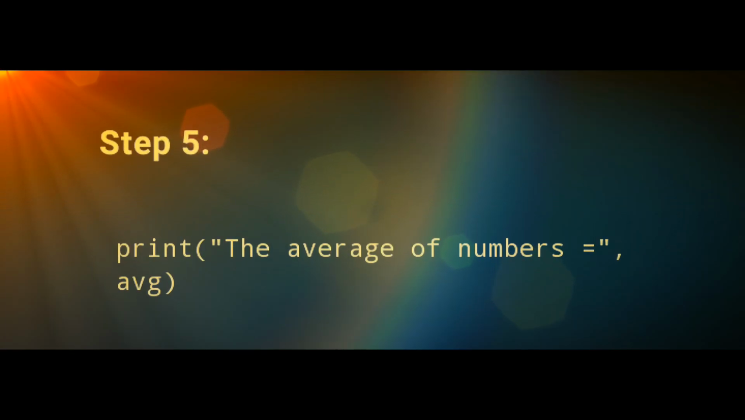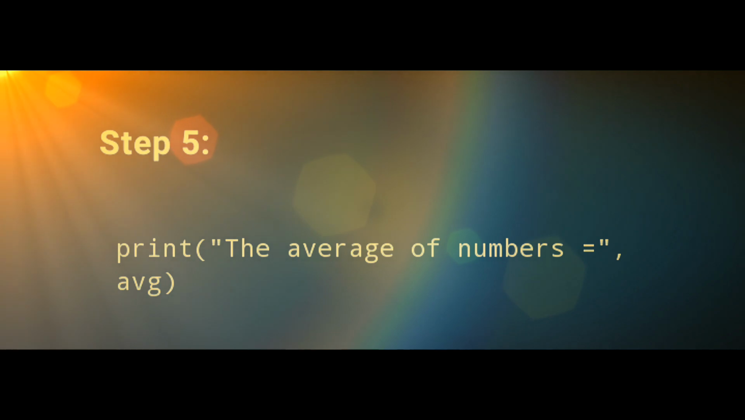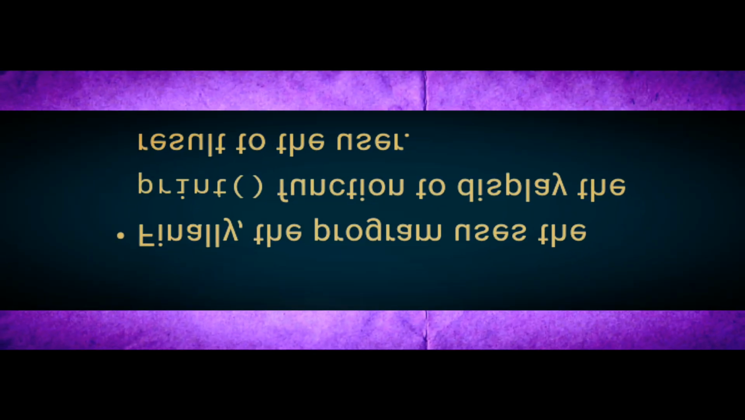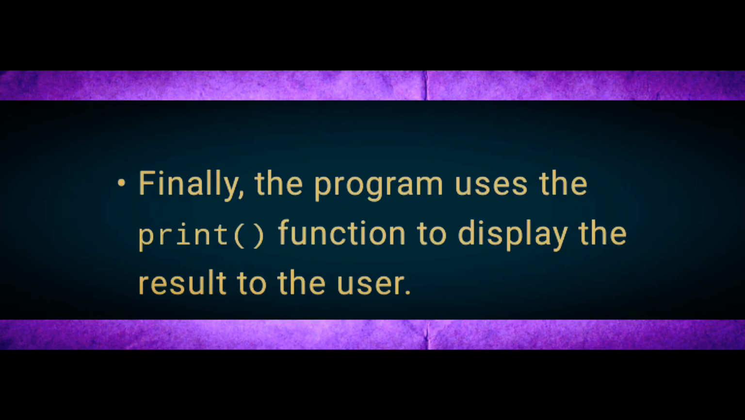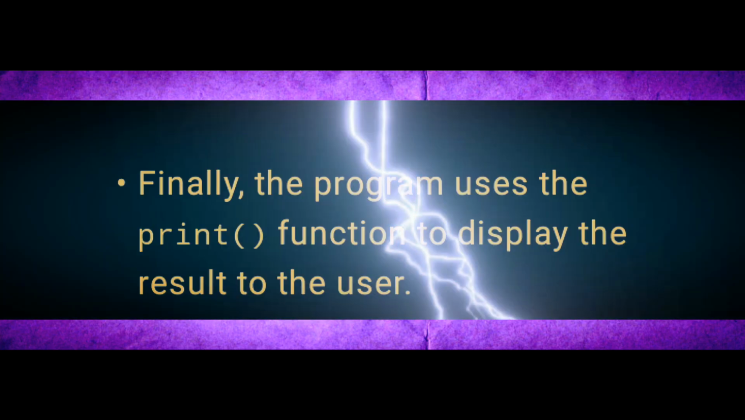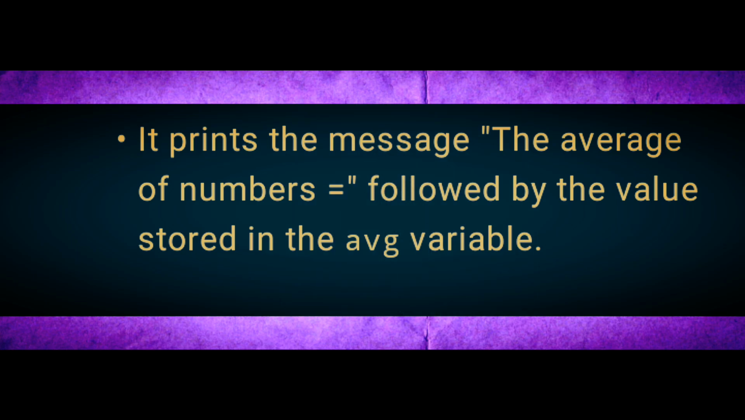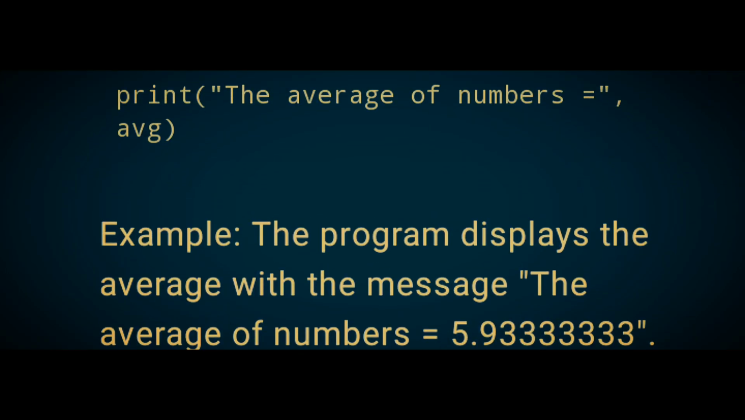Step 5: print("The average of numbers is", avg). Finally, the program uses the print function to display the result to the user. It prints the message, the average of numbers, followed by the value stored in the avg variable. Example: the program displays the average with the message, the average of numbers,